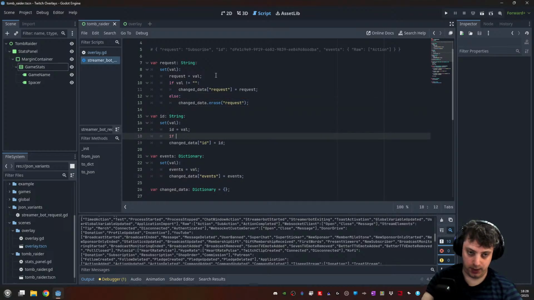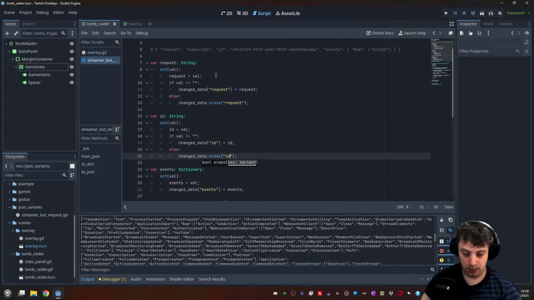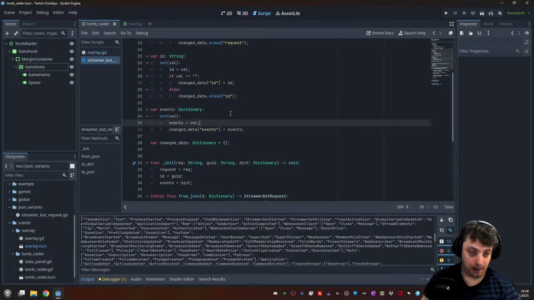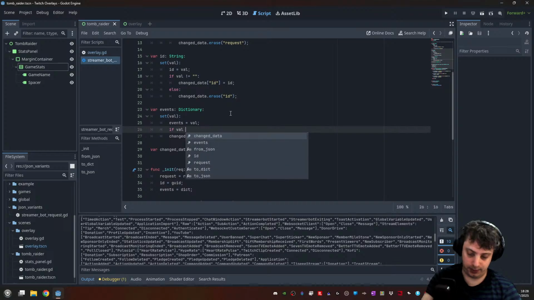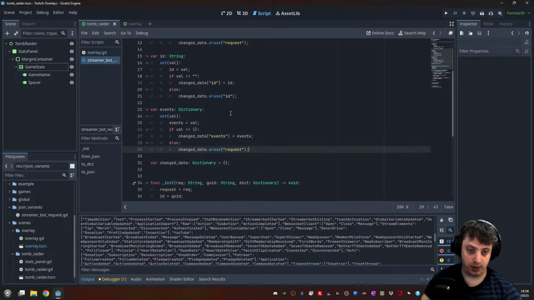We do if val is not equal to empty, if val is not equal to empty array or empty dictionary,